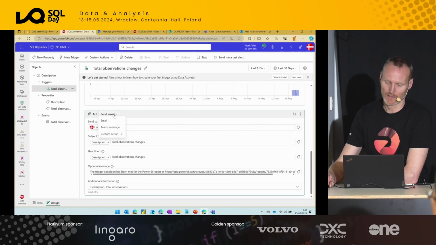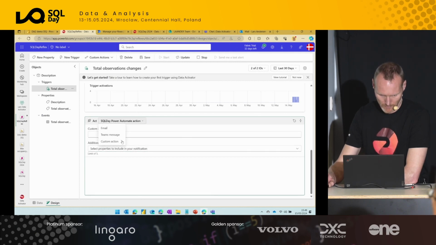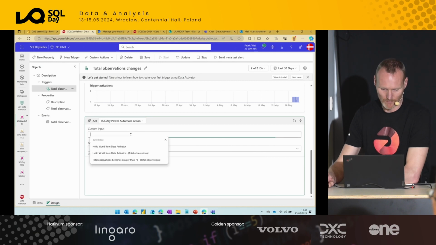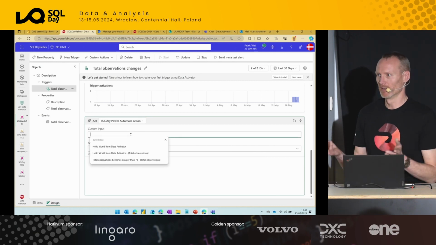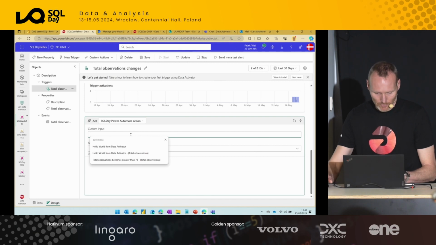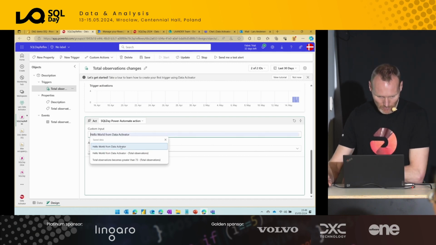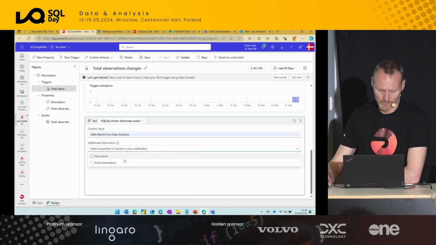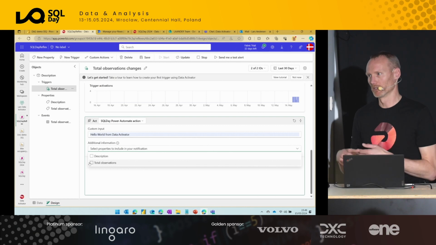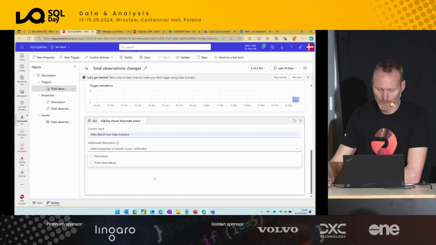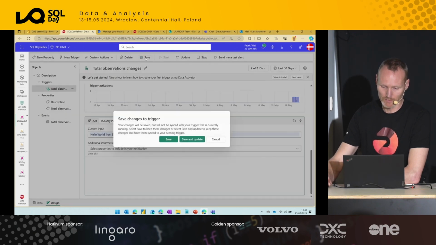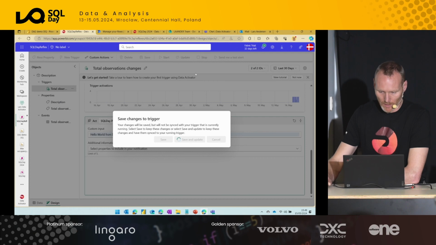So now in my act, I now have the option to, I don't know why that's two, but I'll select one of them. That's interesting. So my custom input can be whatever I type in here. So I already said hello world from Data Activator, and then additional input can be some of my properties. But I don't need these because I already referenced them when I created my Power Automate flow. So I save this, and